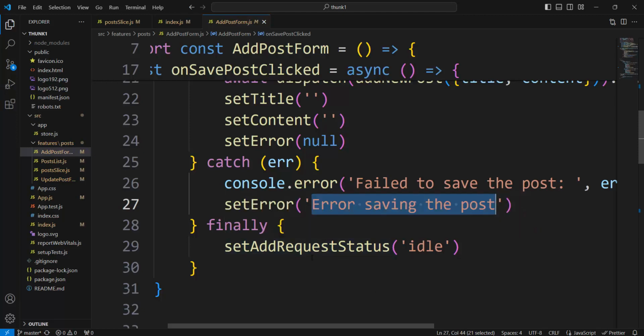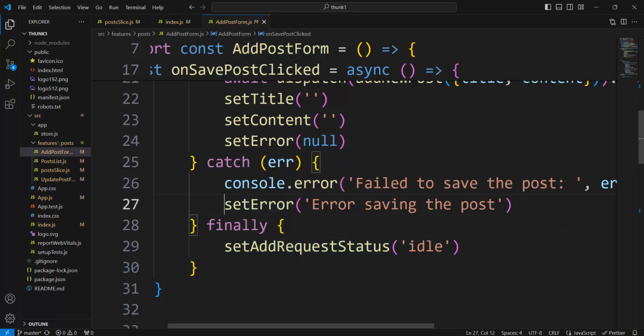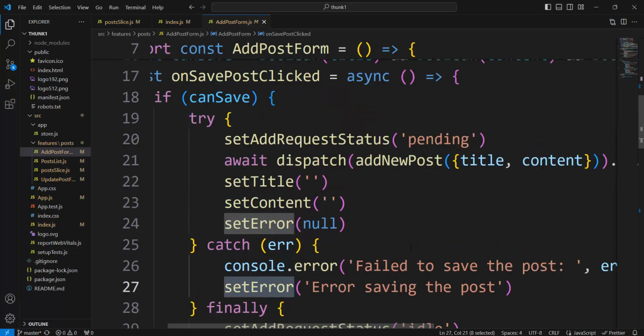It means we will see error saving, set error. Yes, here is set error saving the post. But don't concentrate on that now. I can again, in some video, explain in detail errors, the unwrap function, and reject, failed. And what we see on the AddPostForm, what we see on the post list. Okay, but now we concentrate